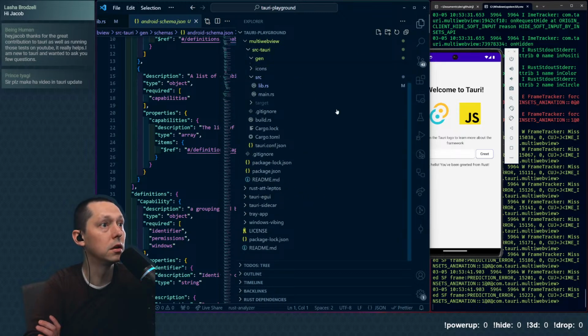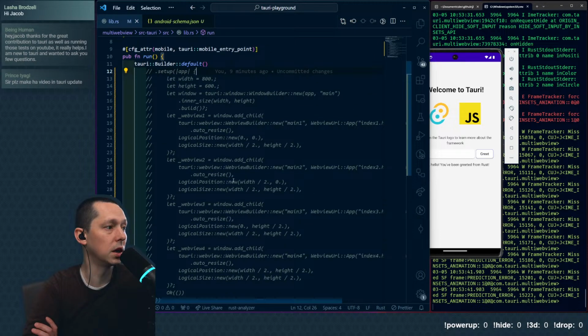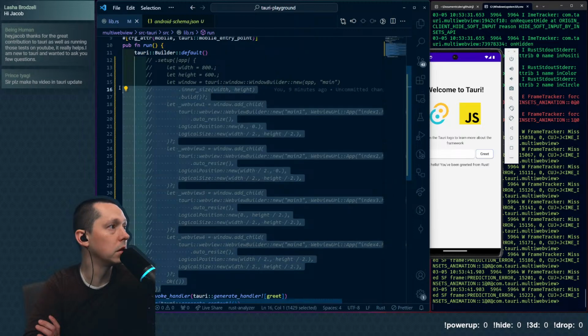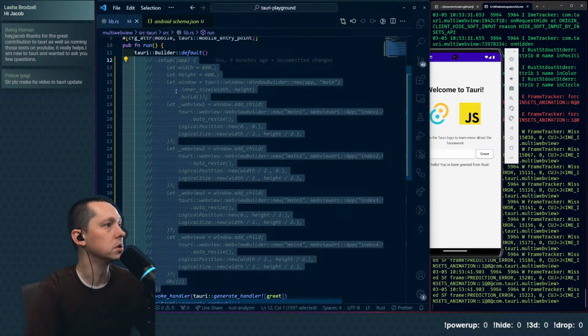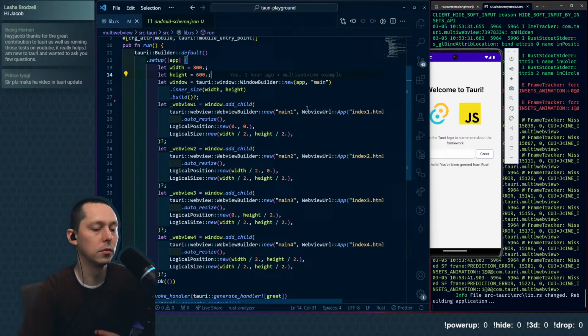And then on Android, we have all of these generated files. Apart from that, all we've changed, with this multi-web view example, is to remove this setup. So this setup, I ran it earlier. I'm pretty sure this is the one I ran earlier, and it gave us an error. We'll go ahead and run it again so we can see that error. But I think effectively what was happening was